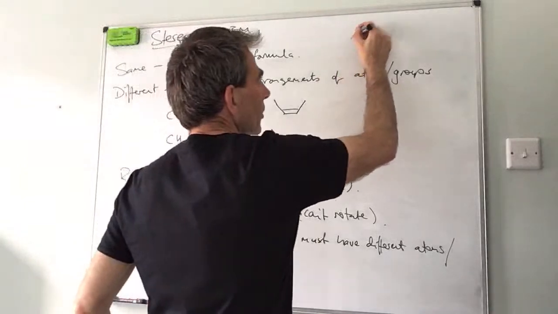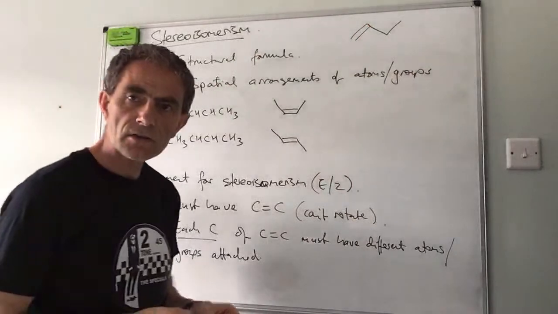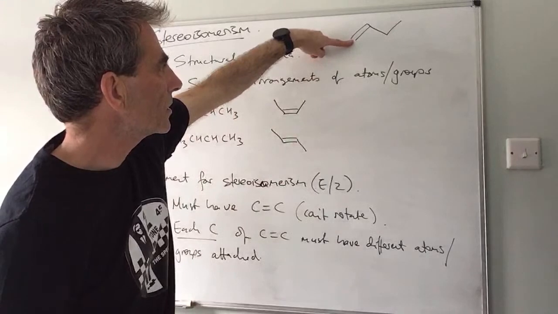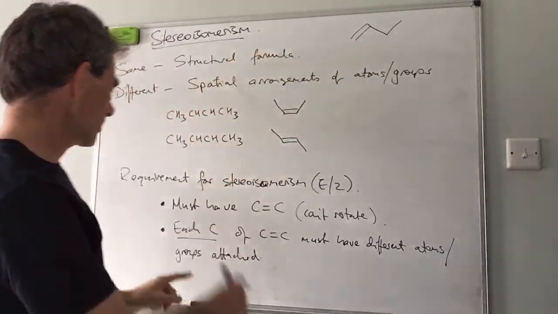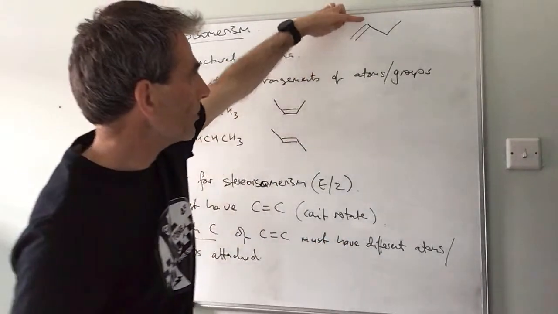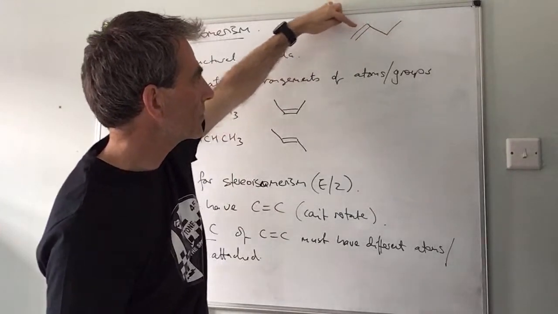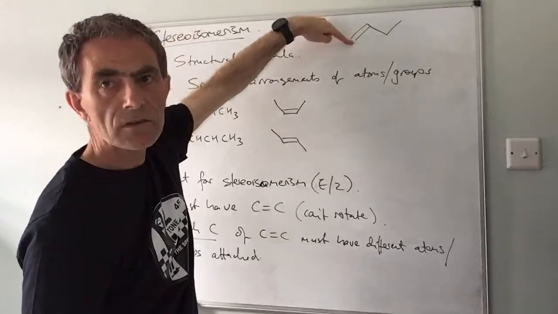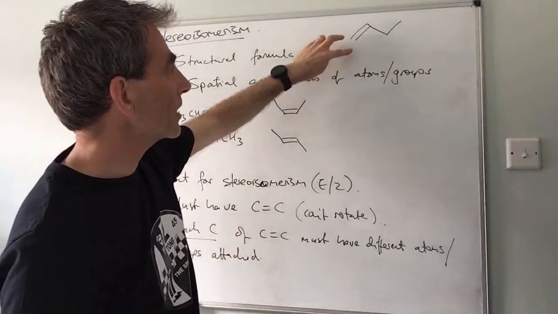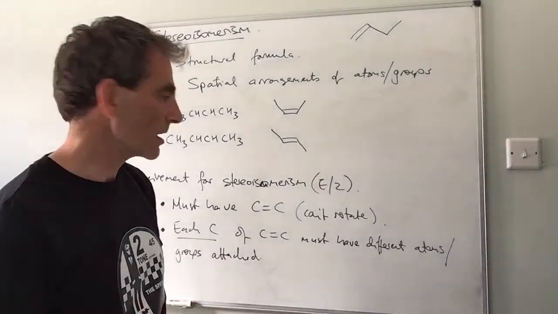Just quickly show you butene. Okay, it's 1, 2, 3, 4. But-1-ene can't show E/Z isomerism because on that carbon of the double bond, you've got 2 hydrogens. So remember, each carbon of the double bond must have different atoms or groups attached. Well, that one does. That's got a hydrogen and an ethyl group. But that one has only got 2 hydrogens. They're the same, so it can't show the isomerism. Because basically, if you swap those round, you've still got the same molecule. That's what's happening there.